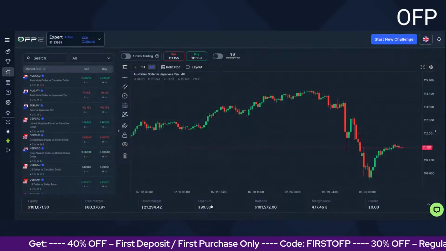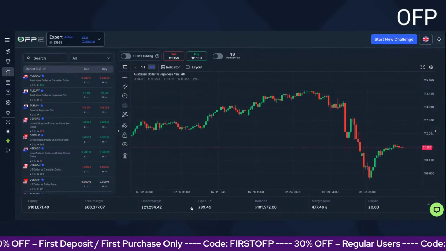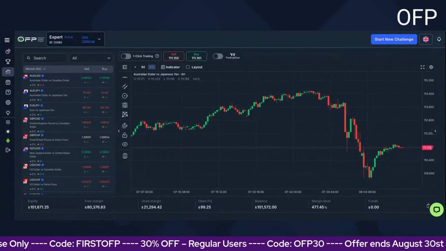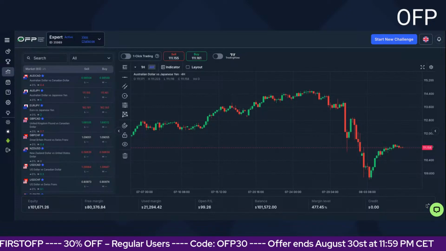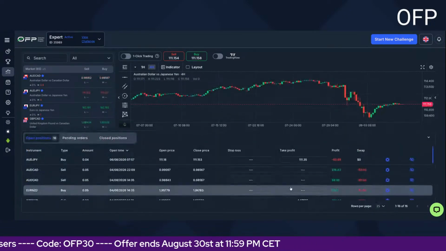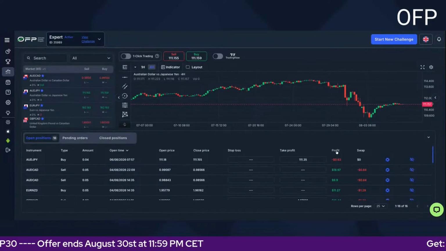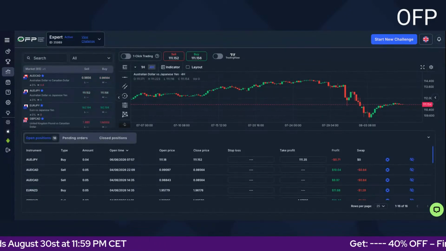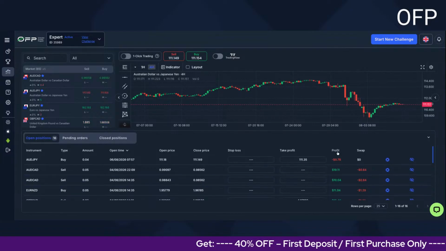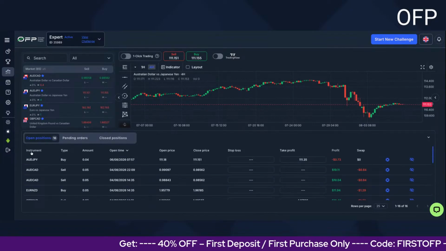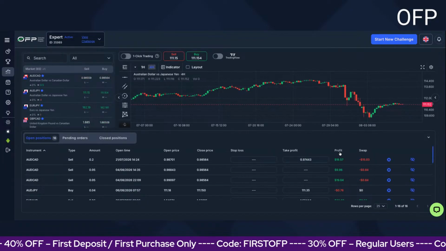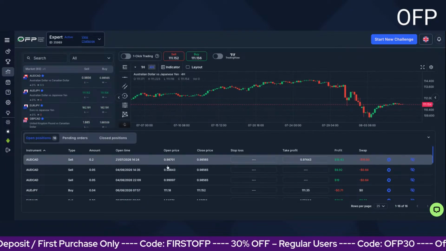So right now I'm currently floating at above $100, which is great. So let's see what trades are actually creating this floating balance. So let's start with this. Can this profit be changed? No, unfortunately, it cannot. It's only by instrument, and by profit it can't be changed, unfortunately.